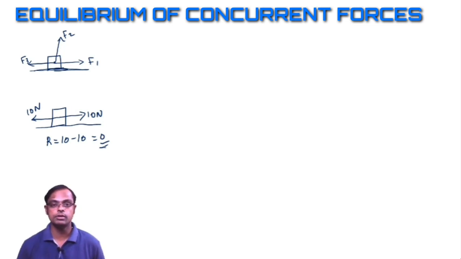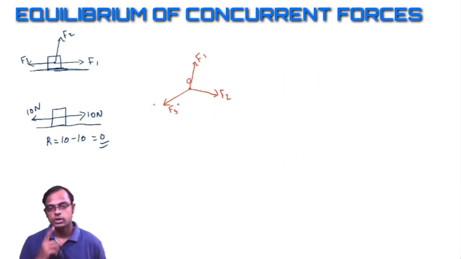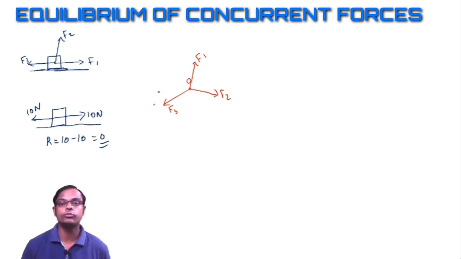So let's discuss one simple example here. Consider this is a point O, maybe inside a body. There are three forces acting on this same point. I'm just drawing here. This is F1, and say this is F2. Consider one more force acting on the same point but in this direction. Say it as F3. So how many forces are acting here? F1, F2, F3 on the same point on the same body. So in this case, all these forces are called concurrent forces.